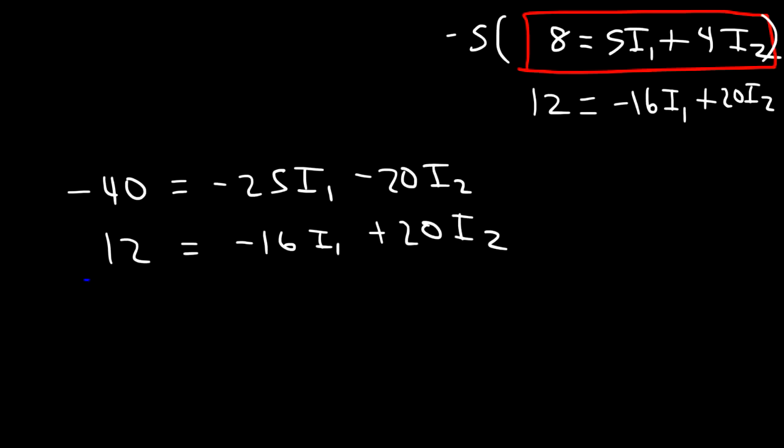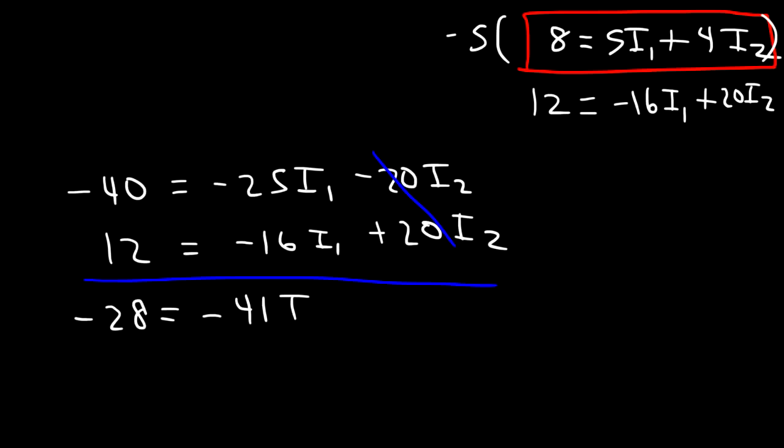So if we add these two equations, we can cancel those two terms. Negative 40 plus 12 is negative 28. And then that's equal to negative 25 minus 16, which is negative 41, times I1. So the value for I1 is negative 28 divided by negative 41. So I1 is equal to